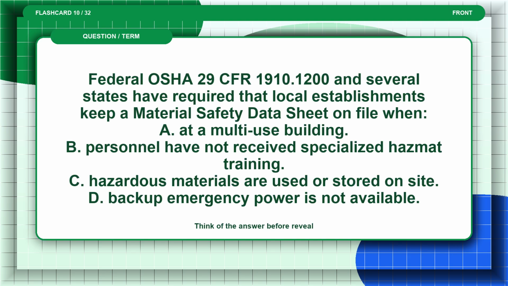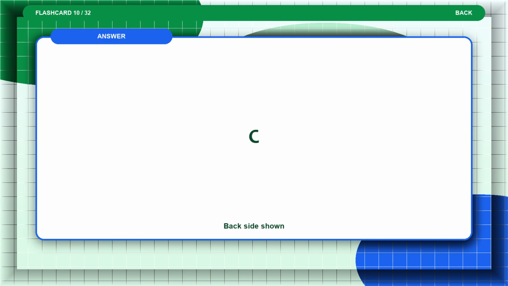Flashcard 10. Federal OSHA 29 CFR 1910.1200 and several states have required that local establishments keep a material safety data sheet on file when: A. Located at a multi-use building. B. Personnel have not received specialized hazmat training. C. Hazardous materials are used or stored on site. D. Backup emergency power is not available. Think of the answer before the reveal. The answer is